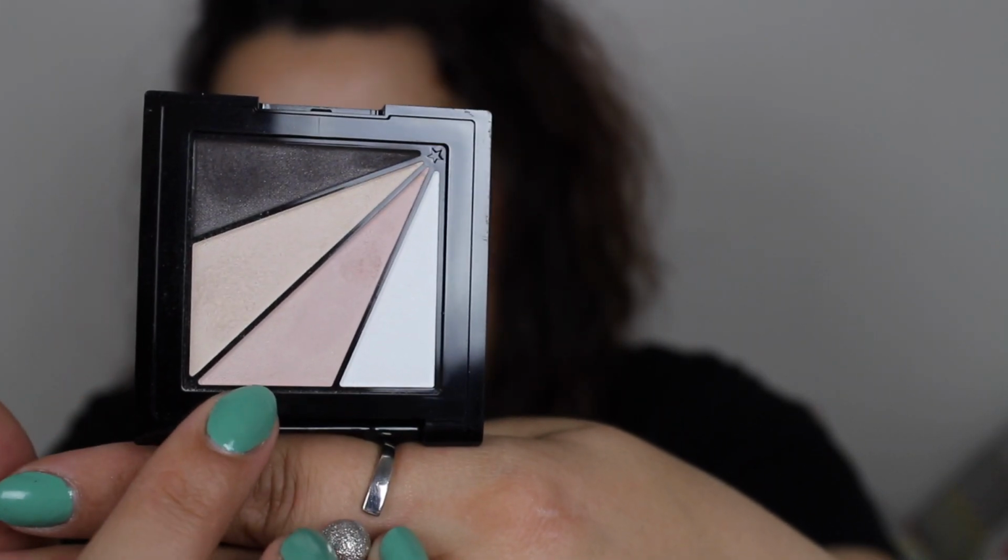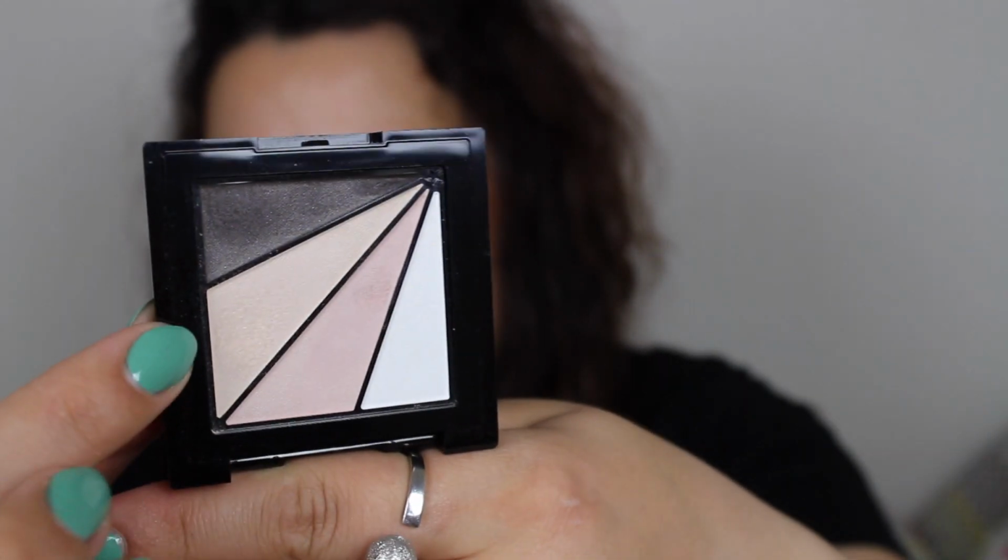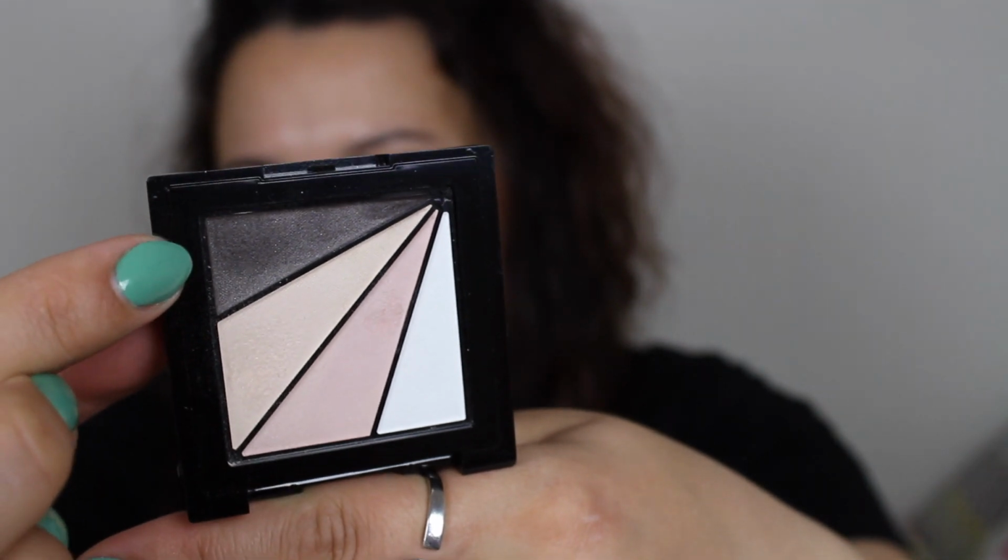My little mini eyeshadow palette from Vevay with the 4 shades, I have been using all of them but one. So the white one I haven't touched at all. This one, this pinky nude shade I have dabbled into, this beigey nude as well, and this one right here,